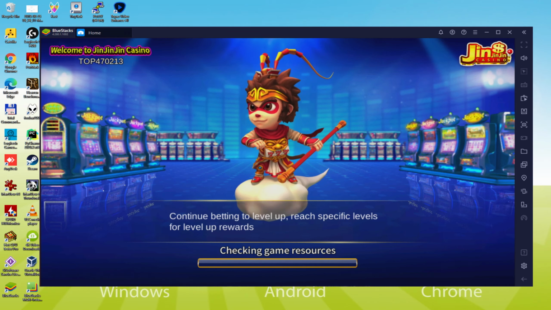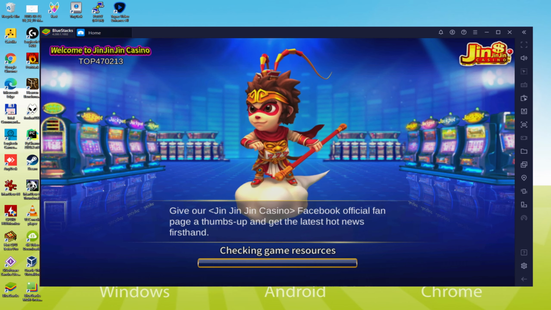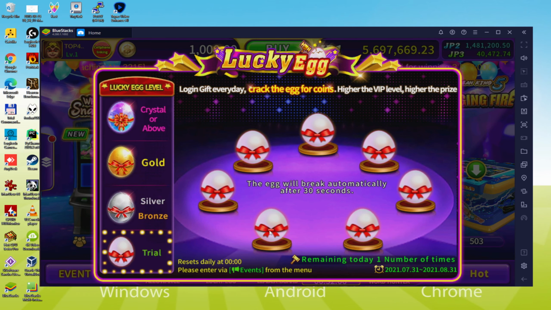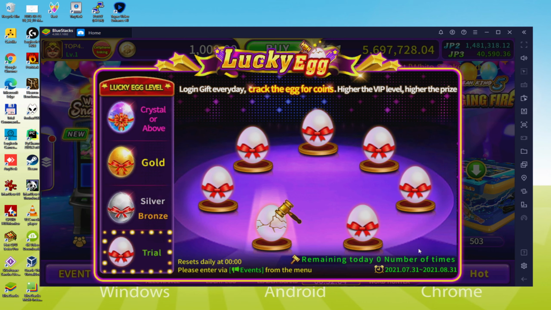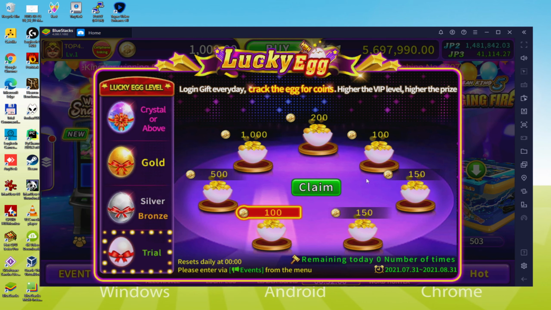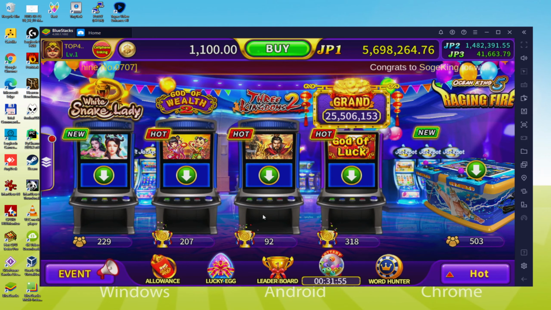Today is special. We are on the way to see how to launch and play Jin Jin Jin Monkey Story on your PC. From now you are watching it on your screen. It takes almost no time to simply download and install Jin Jin Jin Monkey Story and play this game on a Windows desktop or laptop with a gamer keyboard if we want to, mouse and big screen. So without further ado, let's get to it.